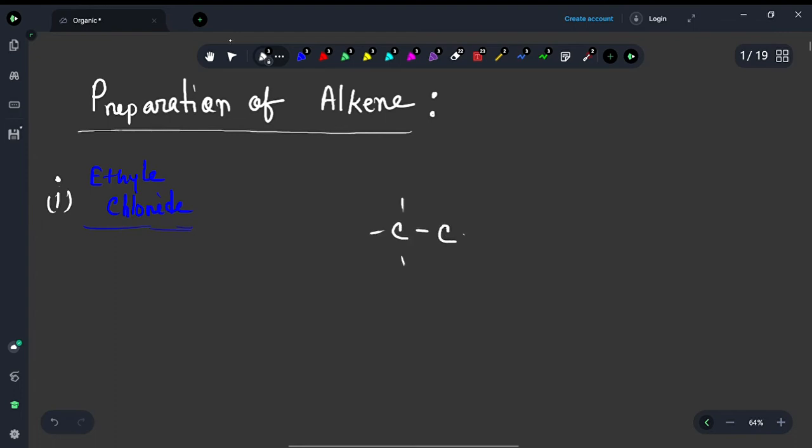Ethane will be like this, right? So there will be H, H, H, H, H, and H. So when it is alkyl or ethyl, just erase one hydrogen from its bond and add with the letter after the ethyl. So as it is ethyl chloride, we'll add chlorine. So that's a new substance add